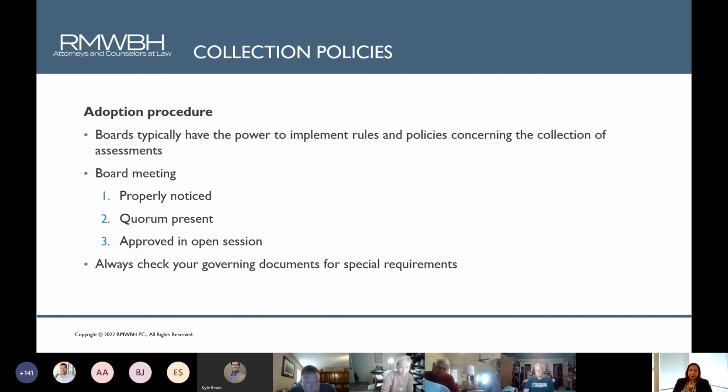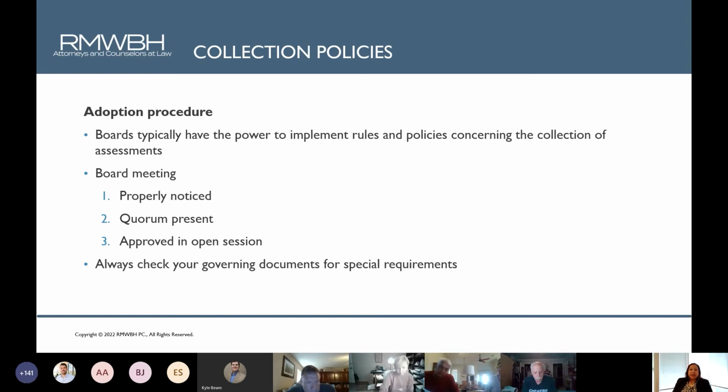So when you're bored one night and are having trouble sleeping, open up your board notebook and read all those fun governing documents, including the bylaws, and it'll tell you your duties under the bylaws, the powers that the board has. And oftentimes, one of those general board duties or powers is the ability to adopt rules and regulations. So look for that authority.